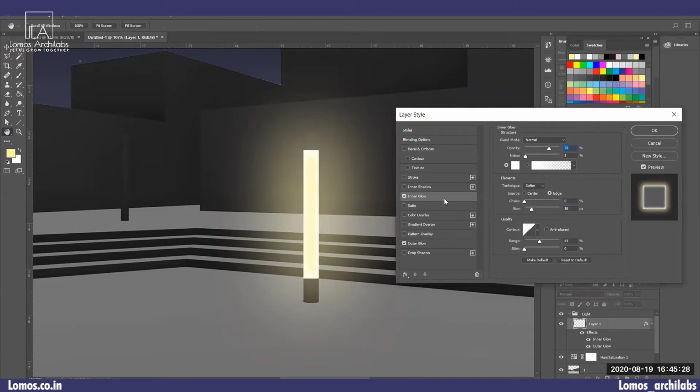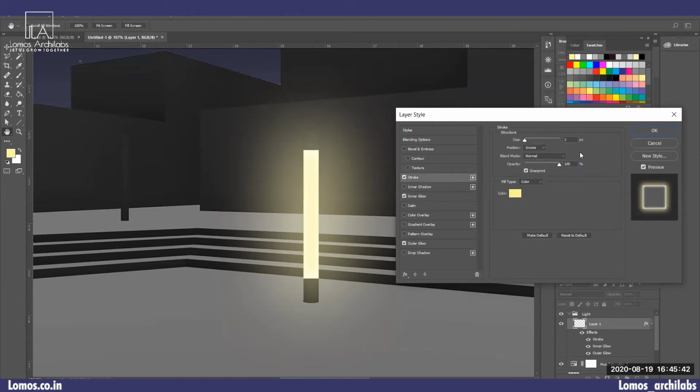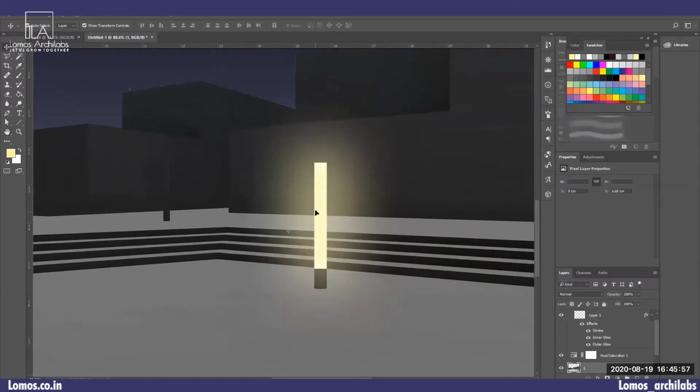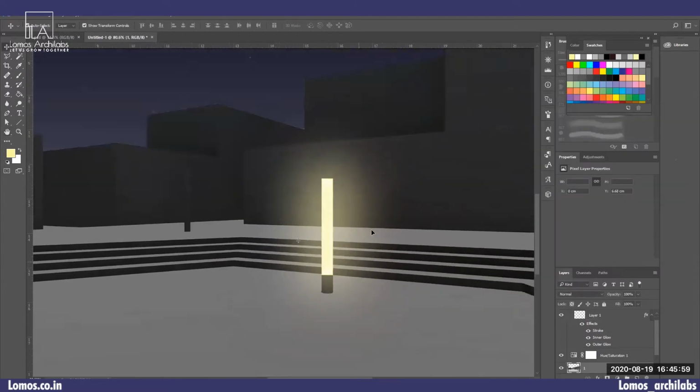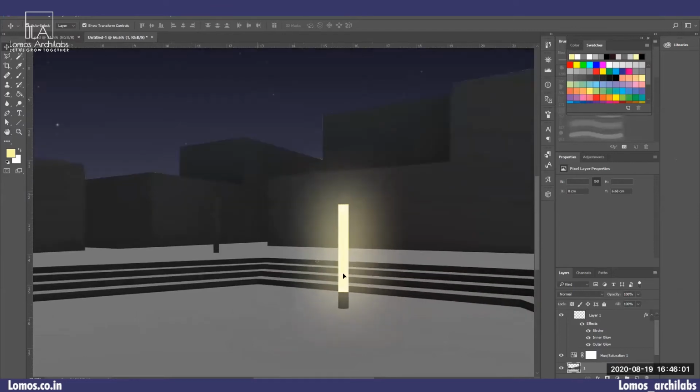Alright, so my inner glow is turned on, my outer glow is turned on. Now I also want to have a little bit of stroke, a thin stroke around the light. So I will turn on the stroke as well. So now my stroke currently is of 2 pixel thickness. So that's okay with me. Alright, so the light over here is visible.